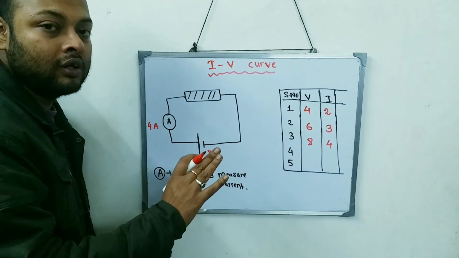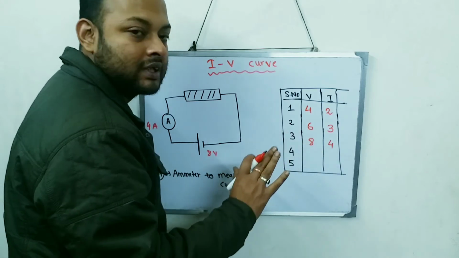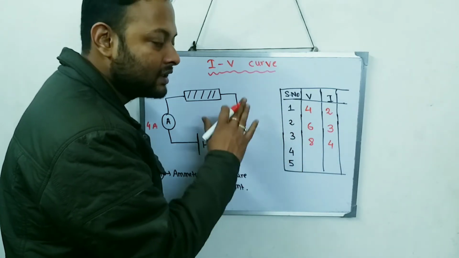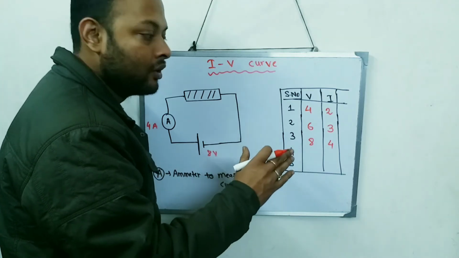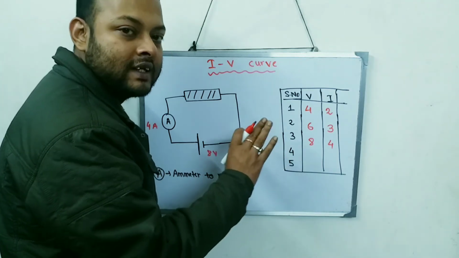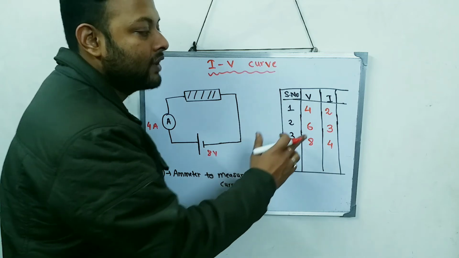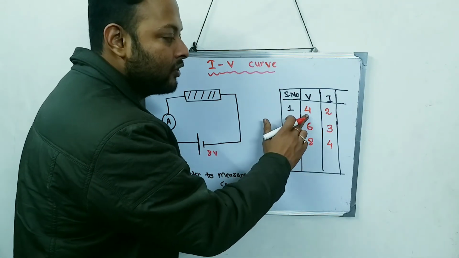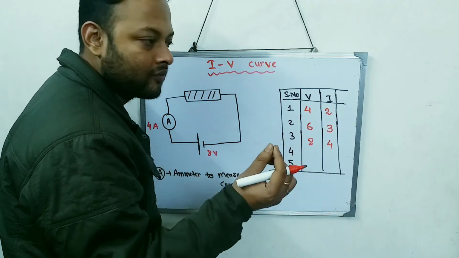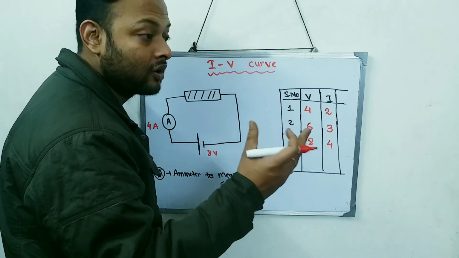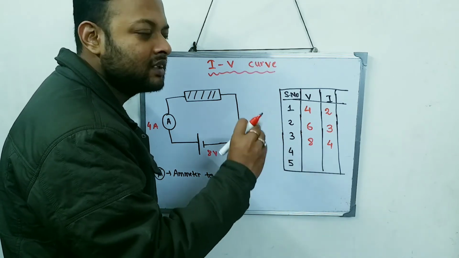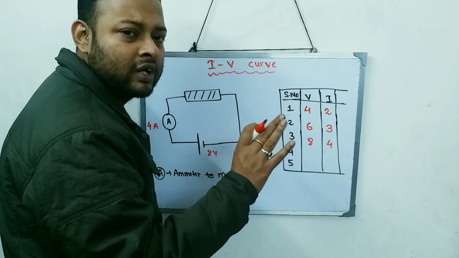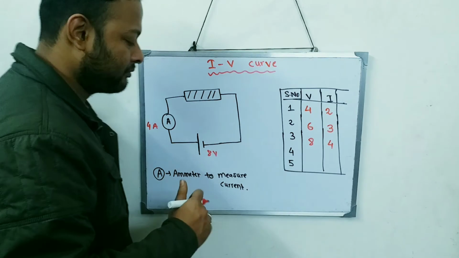These are all theoretical numbers, and practically if you do it you might not get these exact numbers. These are numbers which I have taken to make it a little easier for you to understand. Don't think that if I apply 4 volt I'll get 2 ampere. That never happens. For 4 volt you get a very small amount of current. 2 amperes is a lot of current. So these are just numbers which I've taken theoretically, not practical numbers.